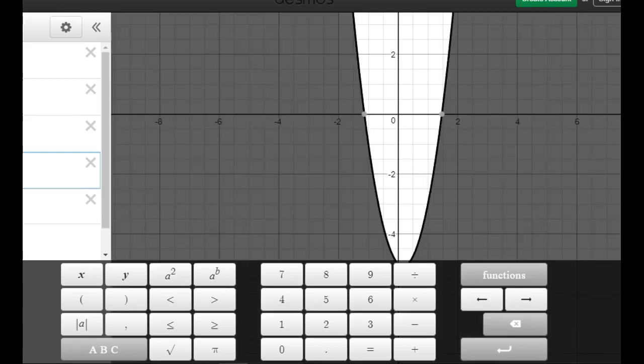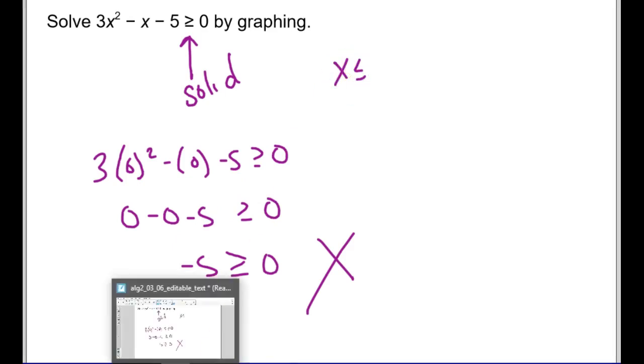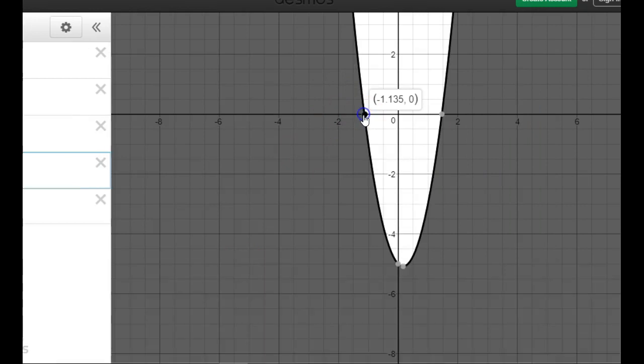There we go. So you'll see when I graph that, I do have my solid line because I had the equal to, and I do see that I'm shaded outside here. So the way I can end up writing this is that x is going to be less than or equal to, right? It's that equal to because it was a solid line, wherever this point was,